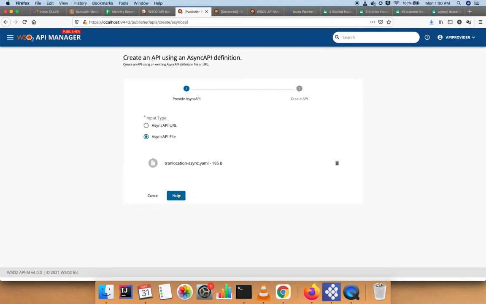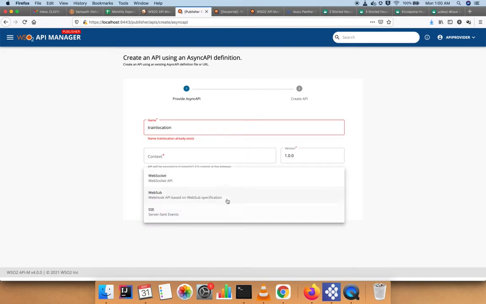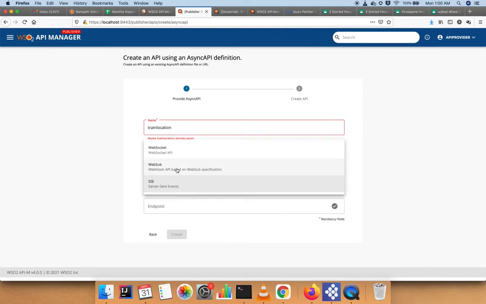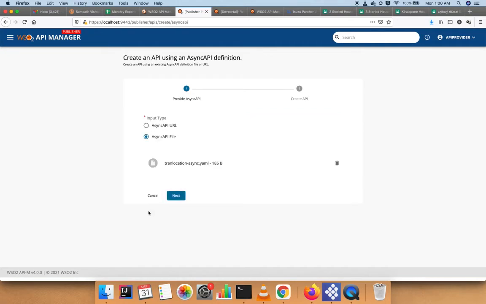I have uploaded my file, and when I go to the next step, it asks for the name, context, version, and the protocol. This protocol is the implementation. It can be either WebSocket, WebSub, or SSE. Based on the protocol that you provide, it asks for some additional parameters. So AsyncAPI is the definition, and WebSub, SSE, and WebSocket are the different protocols that we support.